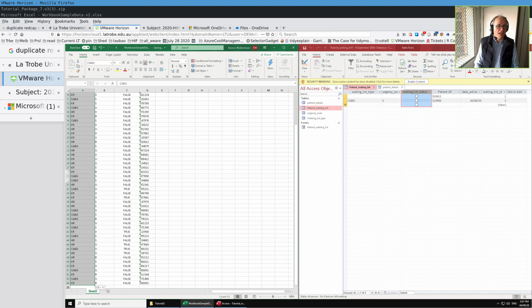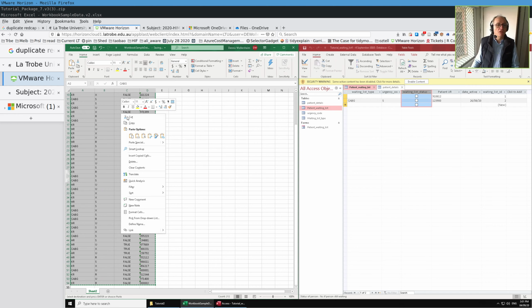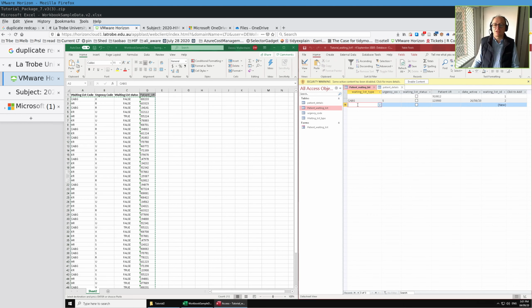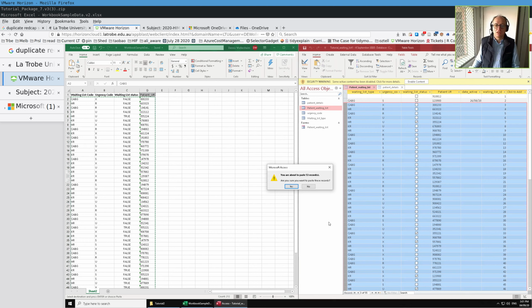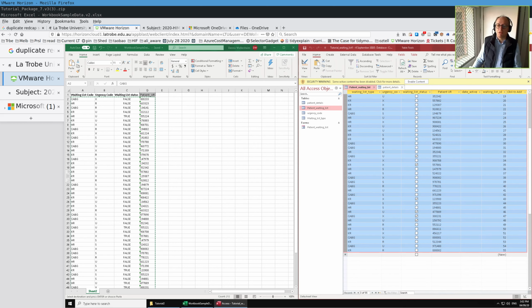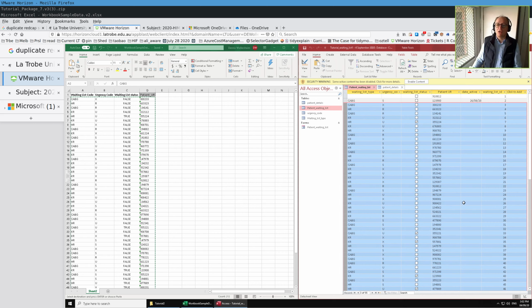And let's just copy that. Control C or copy, and then I go to the last record, and you say paste, append. And that actually worked. You see how where there was a true there, it put a tick mark. It says they're not valid on the waiting list. So it actually worked, and it even filled in the waiting list ID for you there. So that was actually the good way to do that, because the thing is because we had